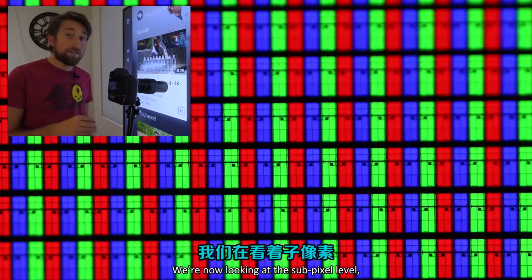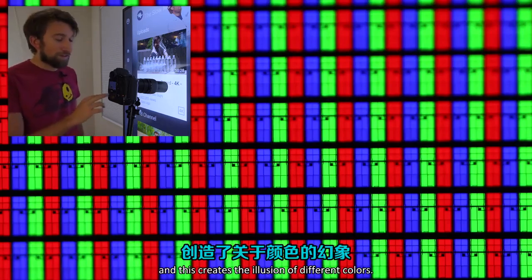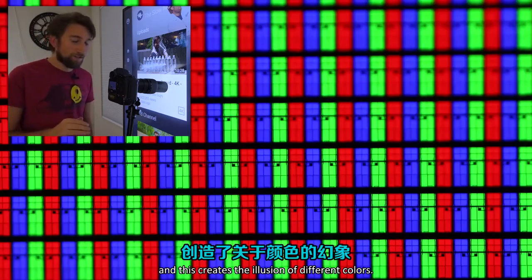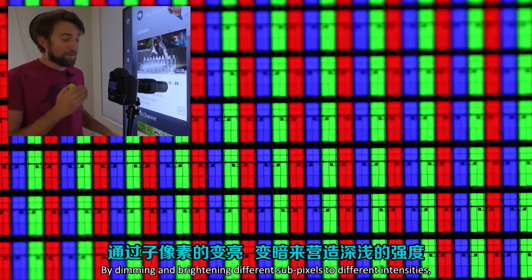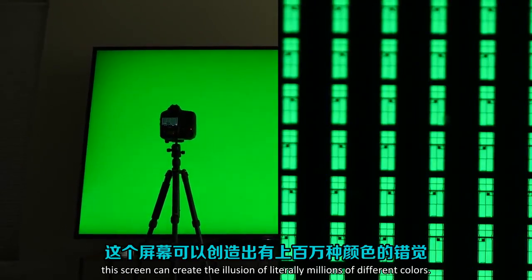We're now looking at the sub-pixel level. A pixel is made up of 3 sub-pixels: red, green, and blue. RGB, you may have heard that before. And this creates the illusion of different colors. By dimming and brightening different sub-pixels to different intensities, this screen can create the illusion of literally millions of different